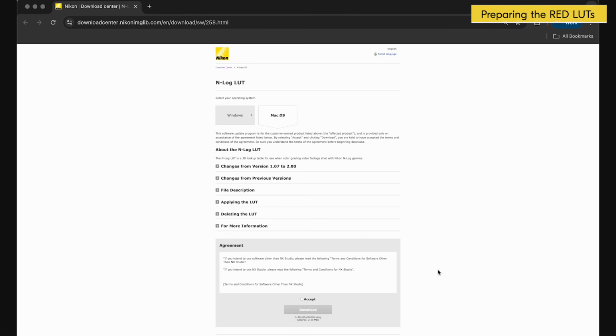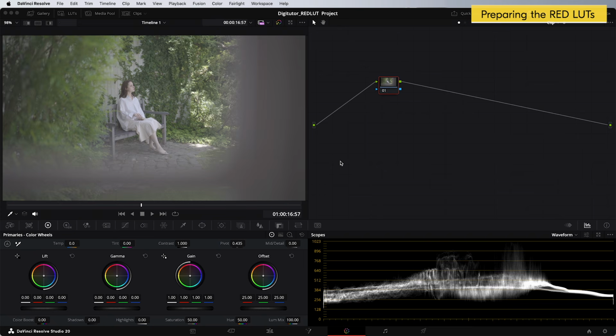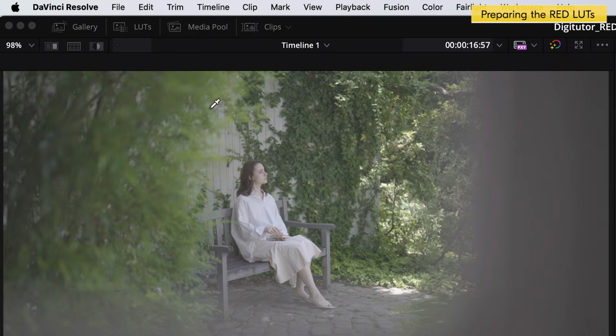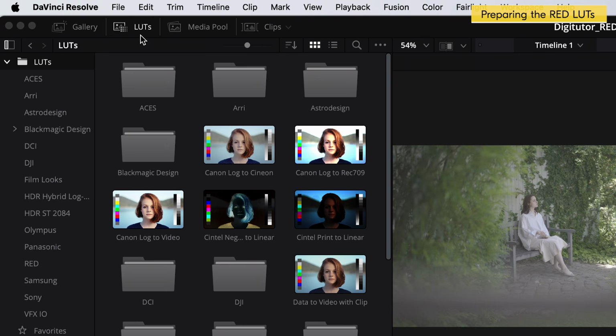Next, we'll load the RED LUTs into DaVinci Resolve. The RED LUTs can be downloaded for free from Nikon's Download Center. First, open the LUTs tab, located at the top left of the Color page. Right-click on any LUT or folder in the list and select Reveal in Finder.